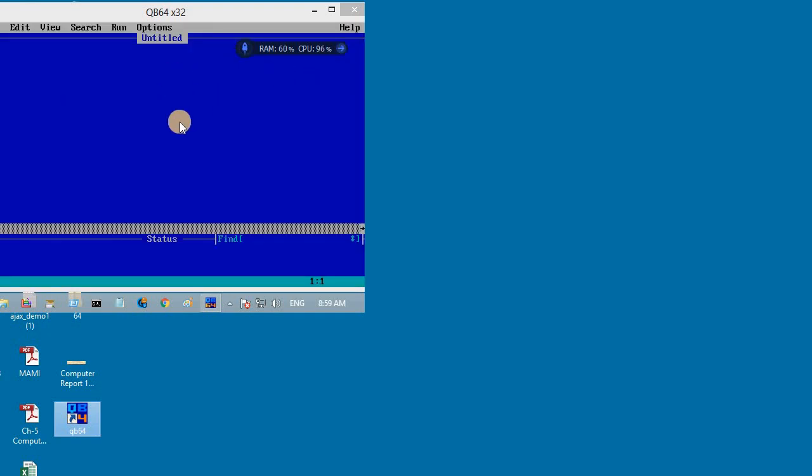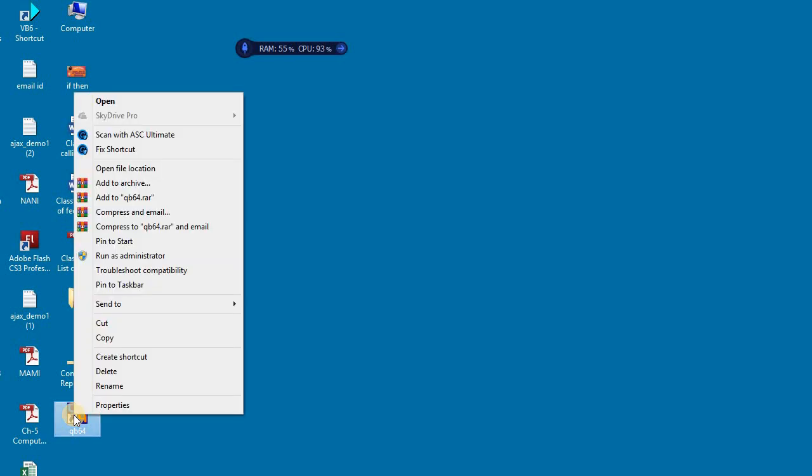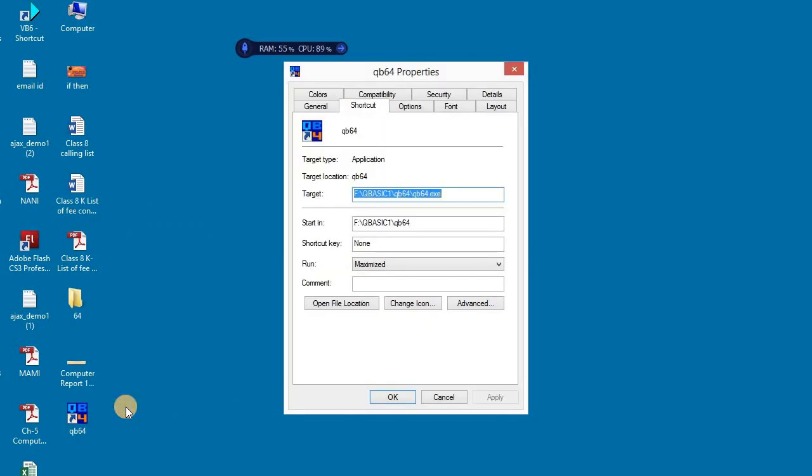If you want to increase or decrease the window size, you have to right click on the shortcut. Place the mouse pointer here and press the right button of the mouse, and the pop-up menu is displayed. Here we will choose the Properties option. As soon as we click on it, another Properties window appears on your screen.